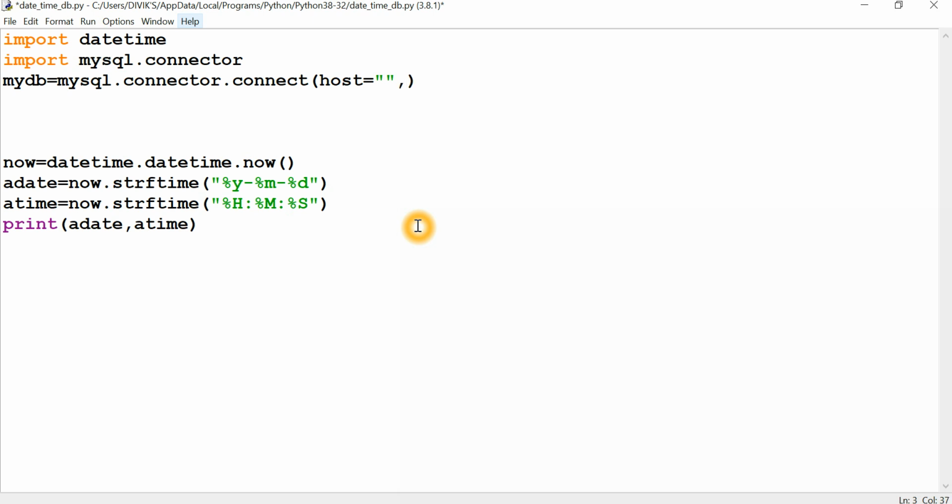Host is nothing but the computer in which the program is running. Next there is a username, your MySQL username. The MySQL default username is root. What is the password? What is your MySQL password? The default password is also root, but I changed the password while I was installing MySQL. So the current password is $96.